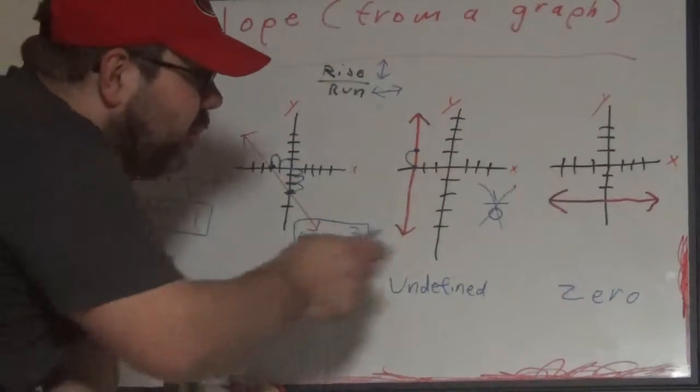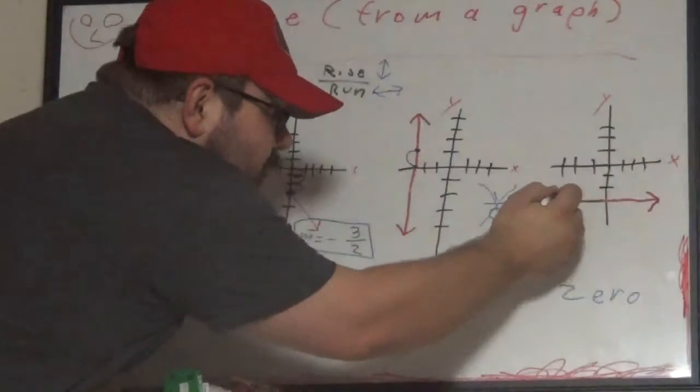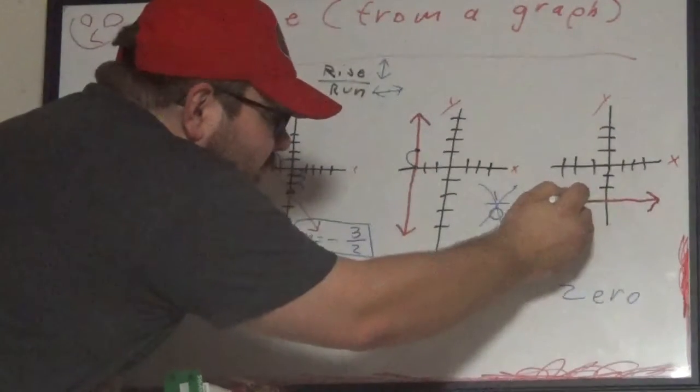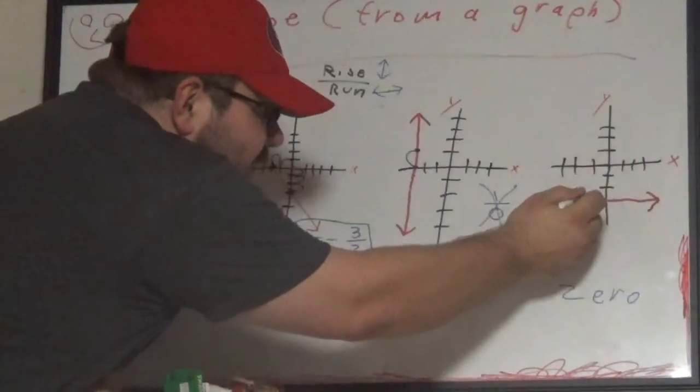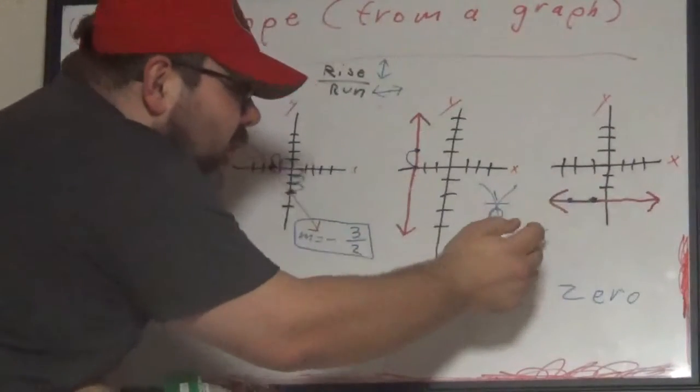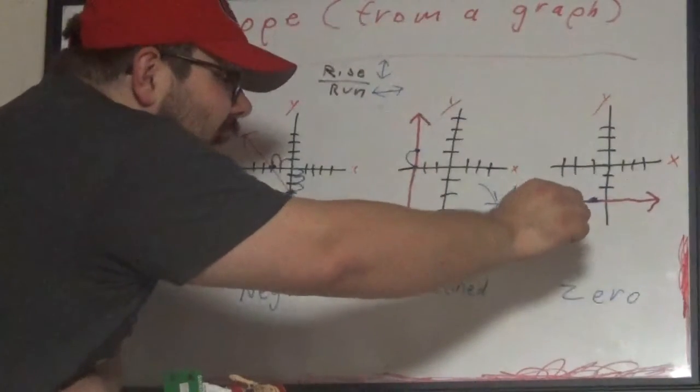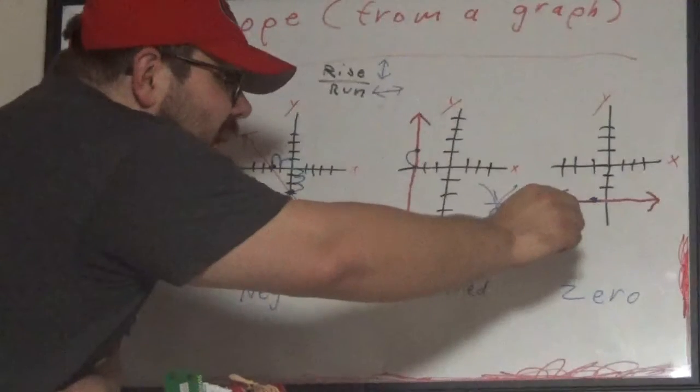Finally, slope of 0. I'll put 1 point here. It doesn't matter where I put the second point, but I'll put it here. So my rise, how far do I go up and down from this point to